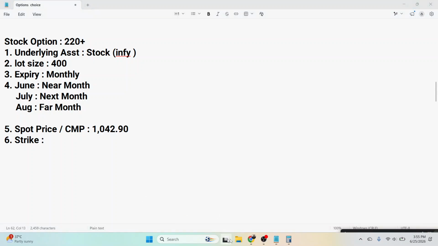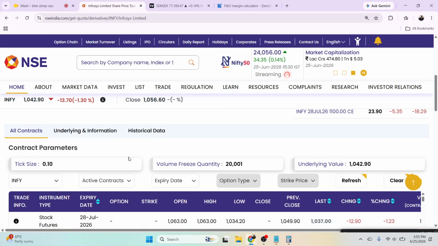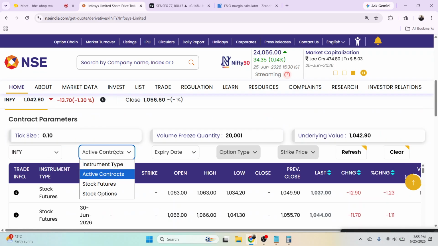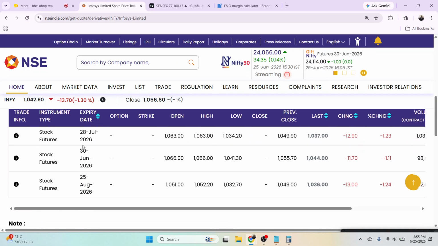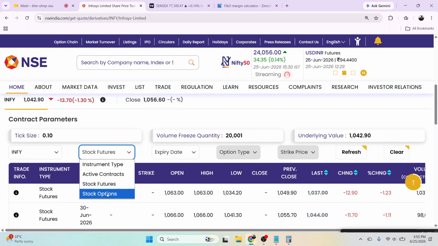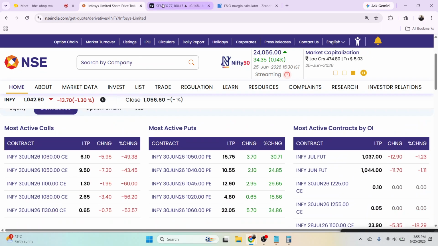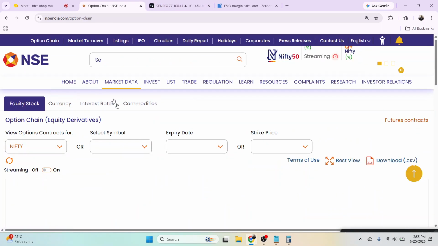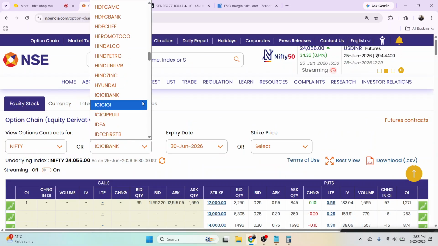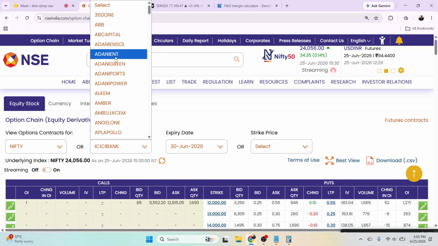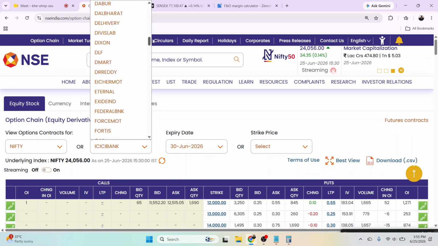तो यहाँ पर हम अगेन जाते हैं, अब हम इन्फोसिस की, ठीक है, इन्फोसिस के यहाँ पर डेरिवेटिव में जाते हैं। तो जैसे आपको बताया था, यहाँ पर आपका आ जाएगा फ्यूचर खरीदना है या ऑप्शन खरीदना है। तो फ्यूचर के लिए आप फ्यूचर सेलेक्ट करोगे, तो यहाँ पर 3 महीने का फ्यूचर आ जाएगा। एंड अगर ऑप्शन सेलेक्ट करोगे दैट वुड बी ऑप्शन, दीज आर द ऑप्शन कॉन्ट्रैक्ट्स अवेलेबल, ठीक है। तो सेम थिंग हम यहाँ पर आ जाते हैं इसकी ऑप्शन चेन में। ऑप्शन चेन में जाना है, यू हैव टू क्लिक हियर एंड सेलेक्ट द इन्फोसिस, these are the stocks. So these are the stock available for F&O segment, these are the stock, ठीक है।